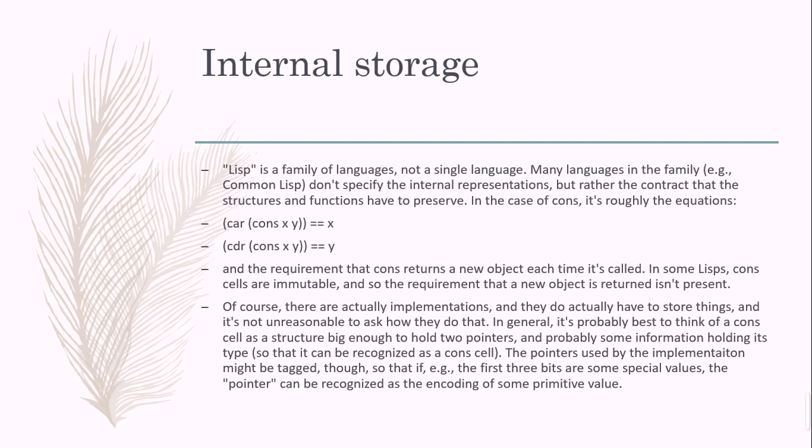Of course, there are actual implementations and they do actually store things, and it's not unreasonable to ask how they do that. In general, it's probably best to think of a cons cell